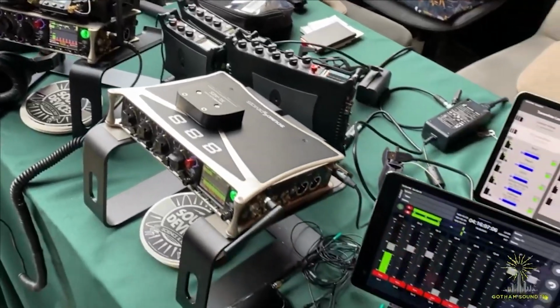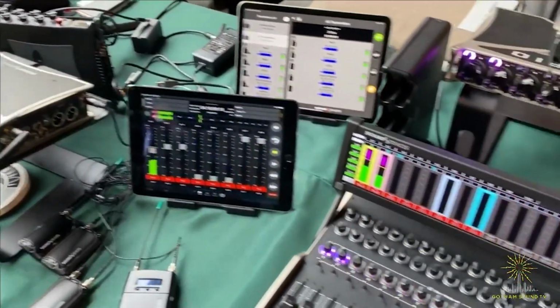Say you want to change frequencies on the fly, you can communicate with the transmitter to say,